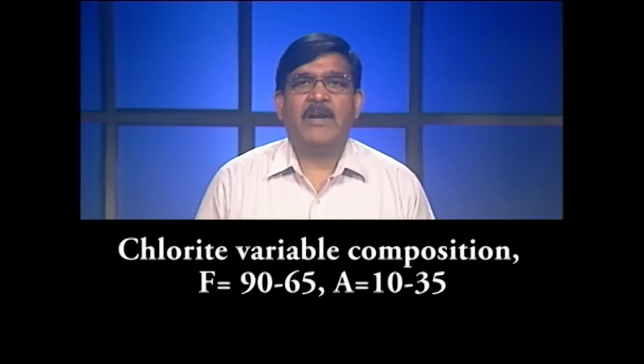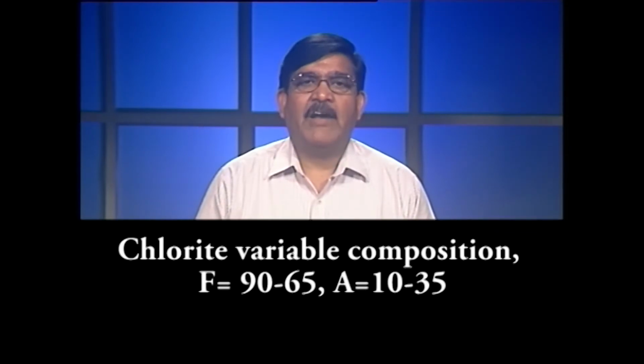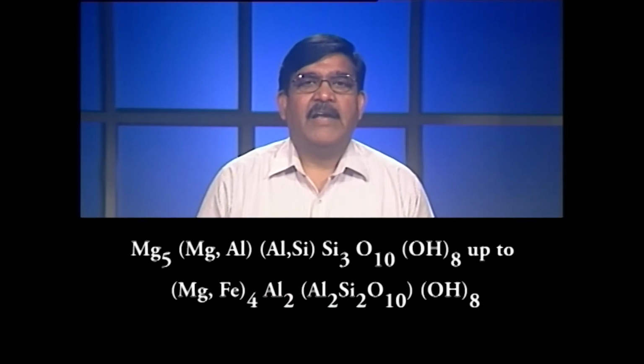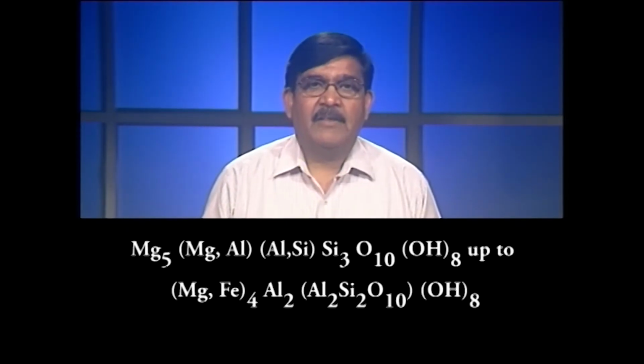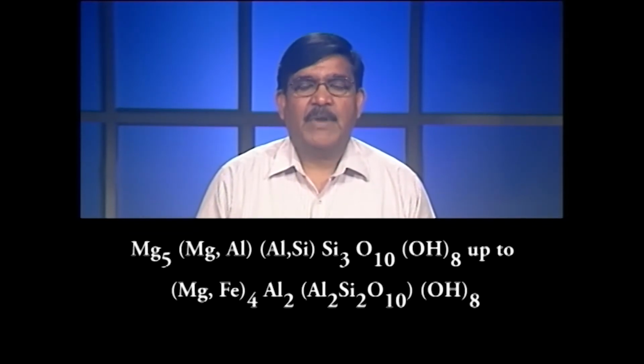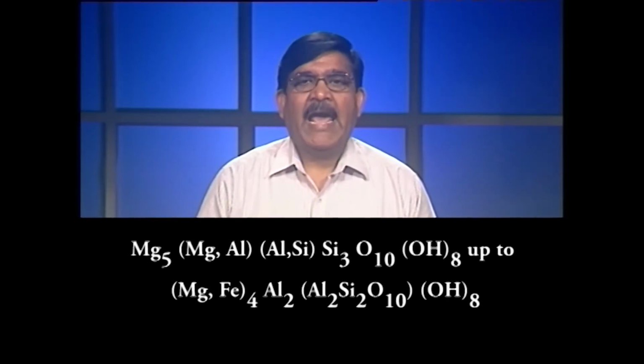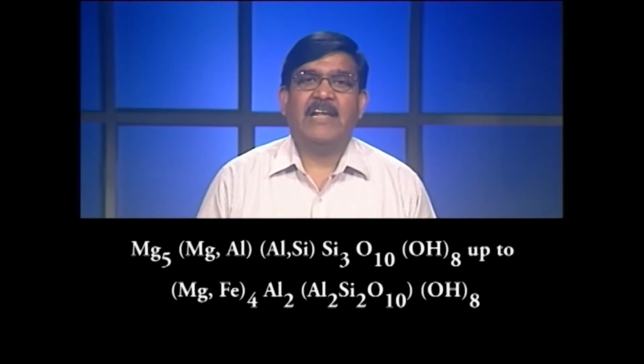Chlorite always shows variable composition. Value of F varies from 90 to 65% and A equal to 10 to 35%. The chemical formula is Mg5 (Mg, Al)(Al, Si) Si3O10 (OH)8 up to (Mg, Fe)4 Al2 (Al2 Si2O10)(OH)8. Hornblende contains, in contrast to tremolite, variable amounts